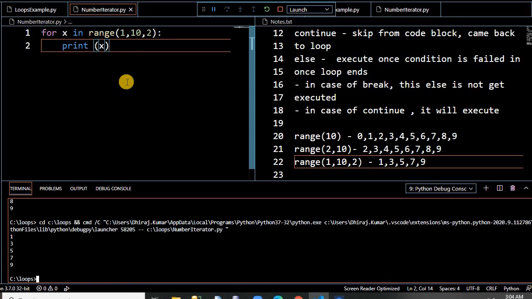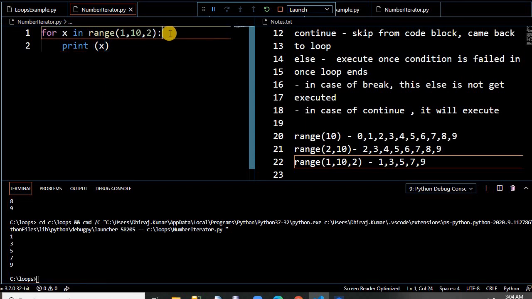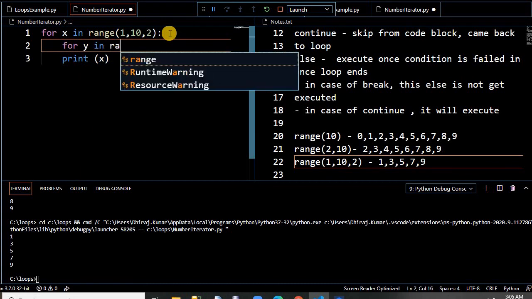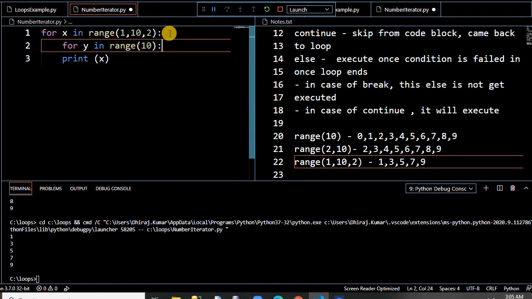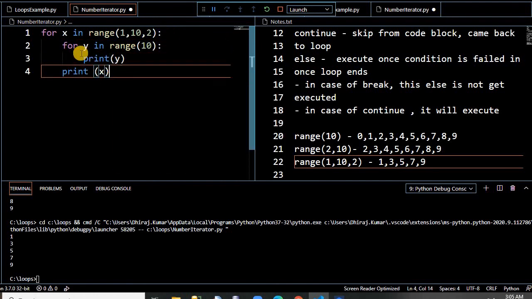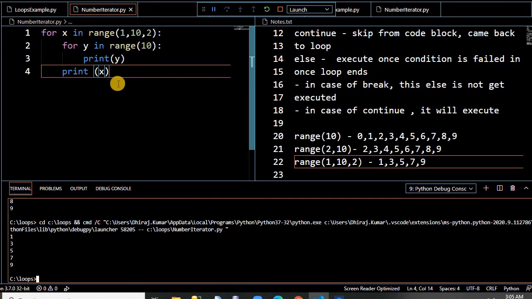If we want to utilize this, there is one more concept. Nested loops are also possible. You can write a nested loop. Simple. Okay, so here is how it works. For the first number it will iterate from 0 to 9. For the second number it will also iterate from 0 to 9. It's a simple iteration of the numbers. Let's run this.